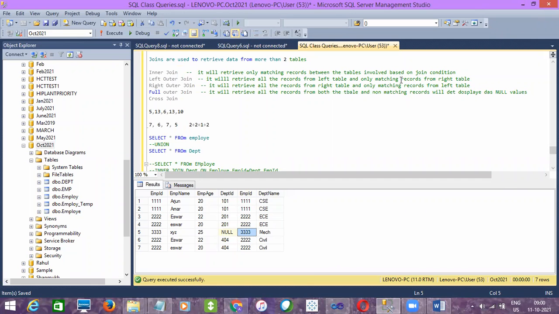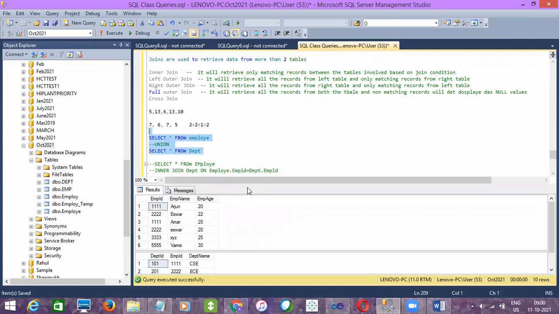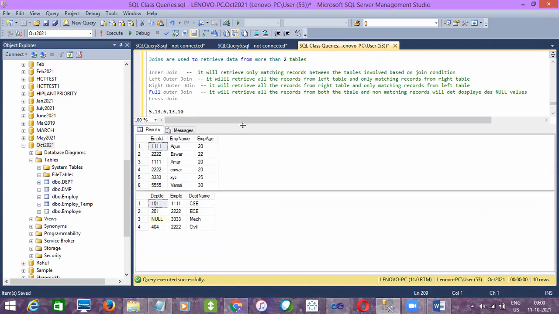So straight away, let me explain with the answer, or else if you want to try, we can try it. So as per my explanation, how many records do you guys think for full outer join? It will retrieve all the records from both the tables. If it is matching, then how many times that record matches, that many records will come. If it is not matching, then all the records will be fetched.